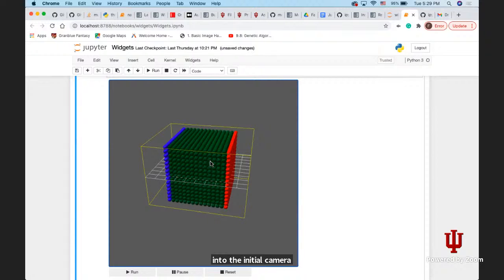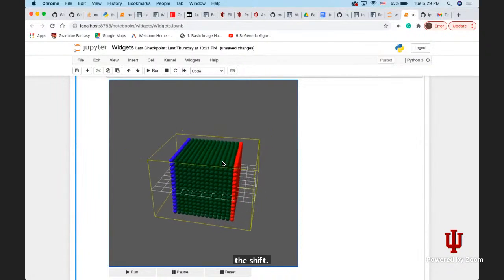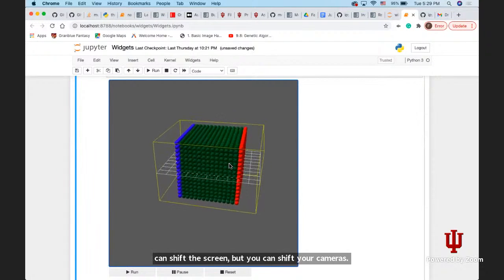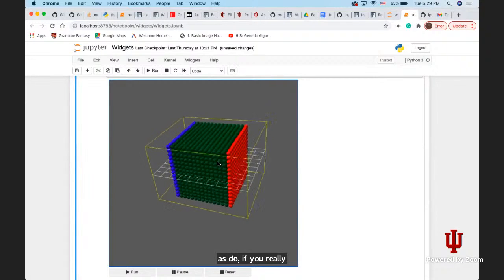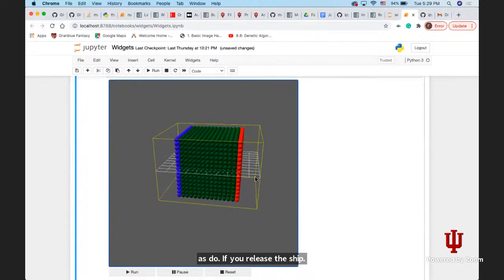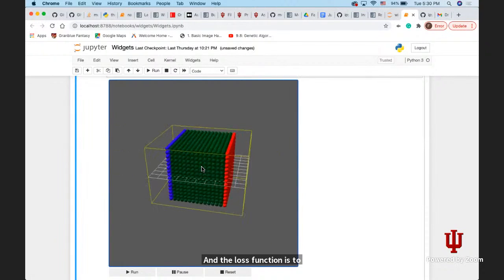And the next function is to shift the screen. So if you hit the shift and then move the mouse, you can shift the camera screen. And if you release the shift, it will change back into the rotation state. And the last function is to use the mouse wheel to zoom in and zoom out, like that. And this even works